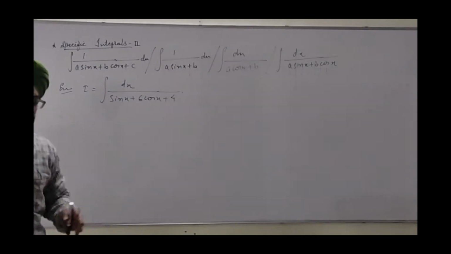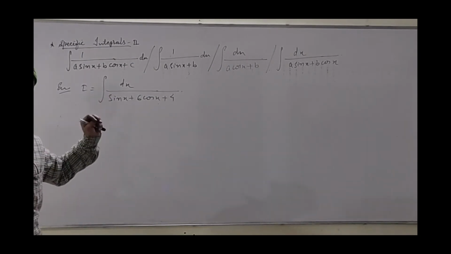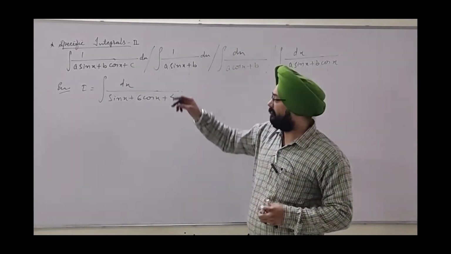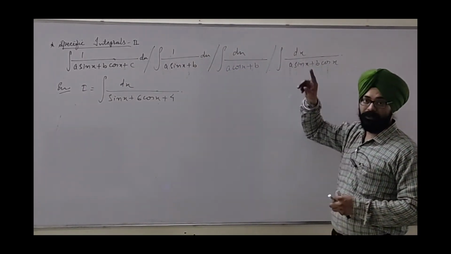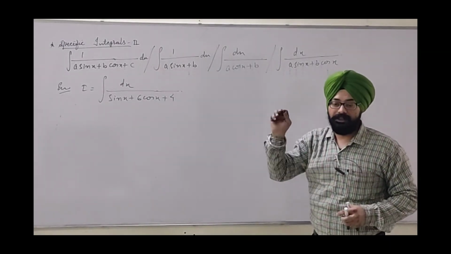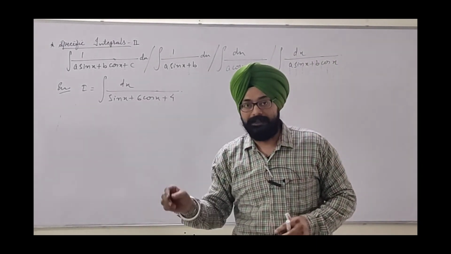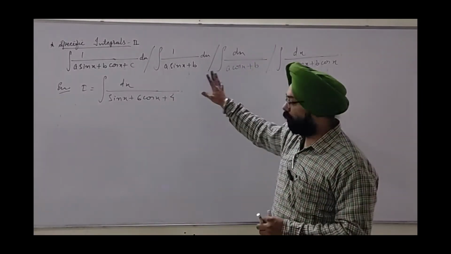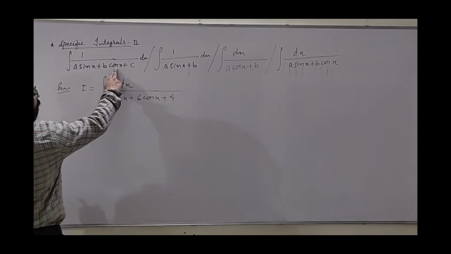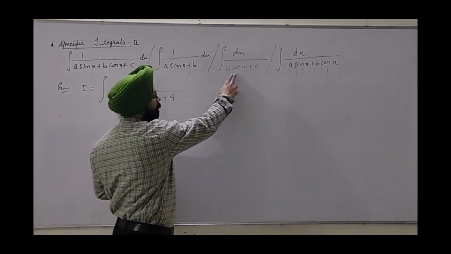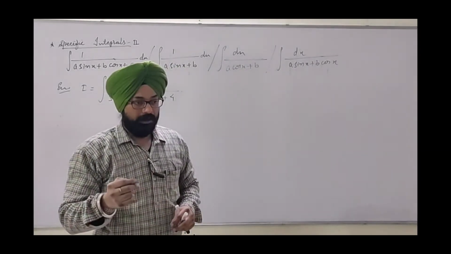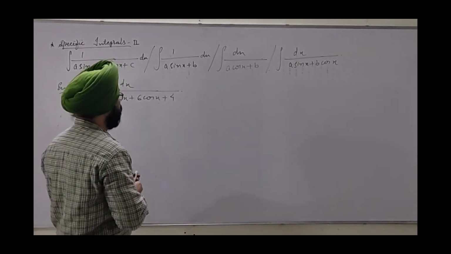Now we will begin with specific integrals 2. These also are based on sin and cos. Again you can see numerator in each case will remain 1. But in this pattern, the denominator is not given as a second power of sin and cos. In all cases, it is a linear polynomial in terms of sin or cos. You can see everywhere sin and cos are given with power 1. How to initiate? What is the key note? Let me write.